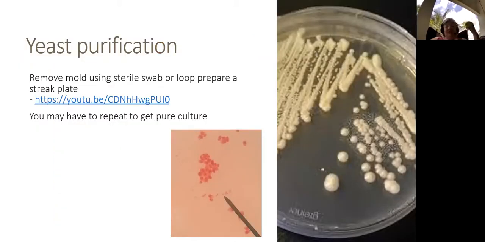So what you need to do now is purify your yeast. The first thing you want to do is remove the mold off the top, because mold needs air. So mold will be growing on the top of your media, on the liquid, and underneath in the liquid itself will be yeast. And then you get a loop and you prepare what is called a streak plate, which again,